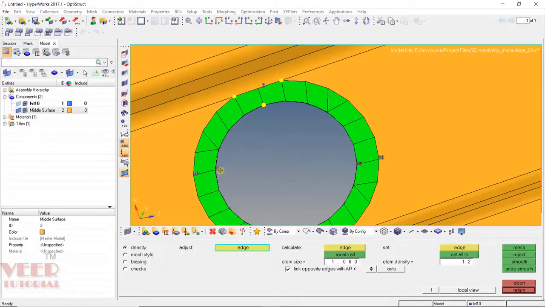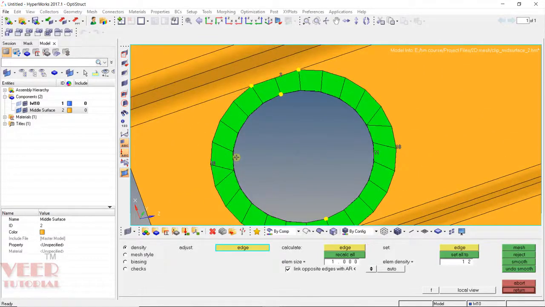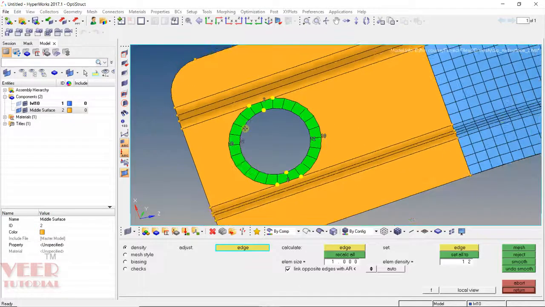So go to this number and left click, and here left click. Once again we can see tria, so we need to increase the size by 1, and now we can see the tria is removed. Similarly here, left click and then hit the roller. Now we can see the tria is removed. Press escape.